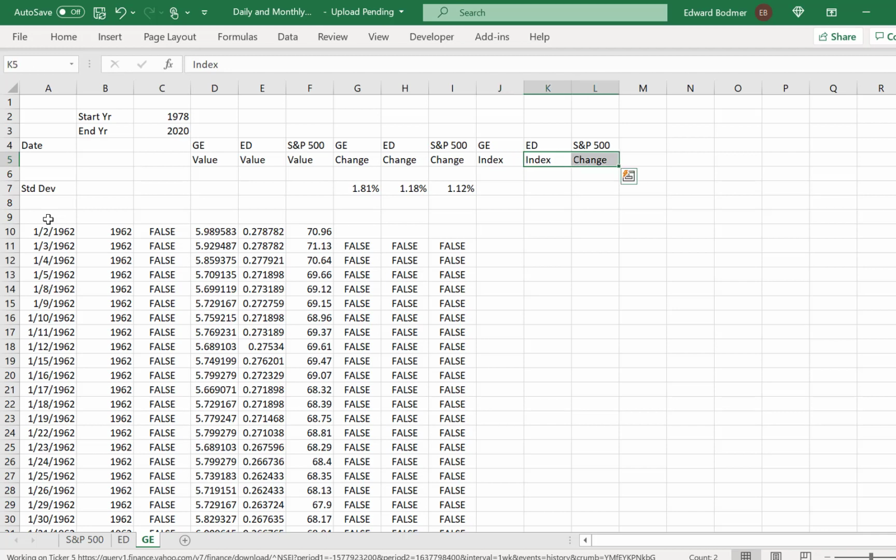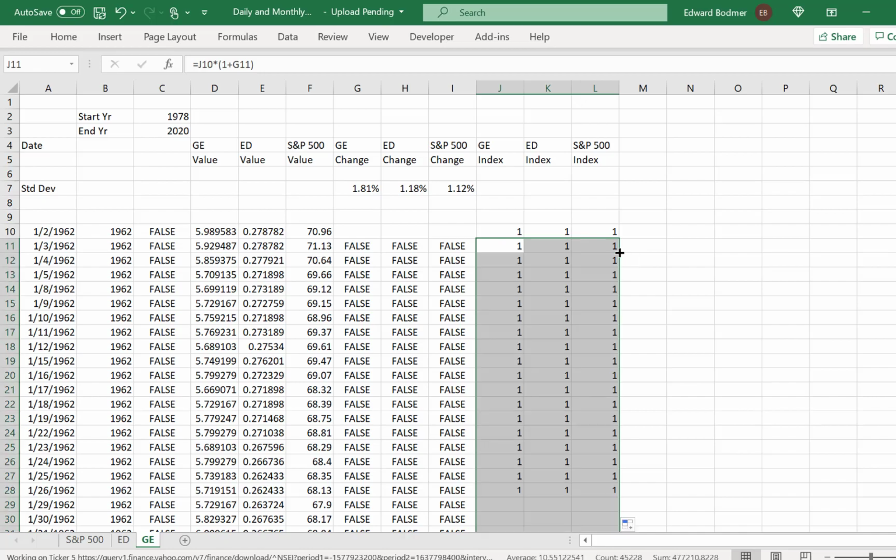Why am I doing it like that? And then let's put our 1, 1, 1. And we take this one times 1 plus the change. And did I do that right? I think so. And the nice thing, when we use that little true false thing, it doesn't take very long,